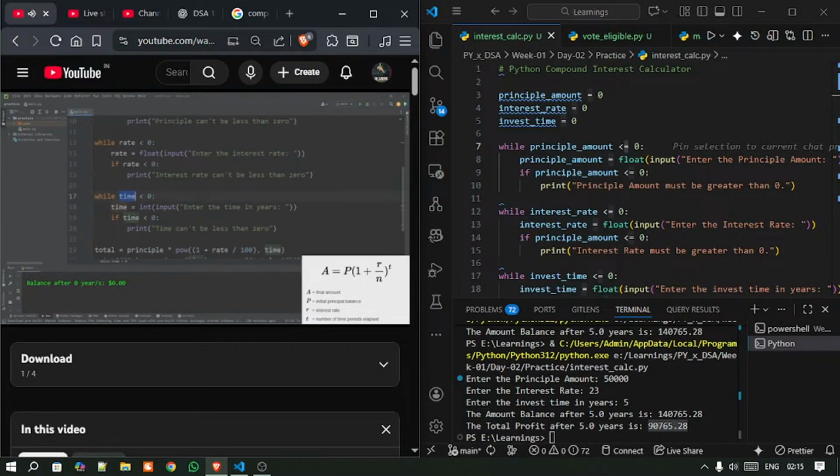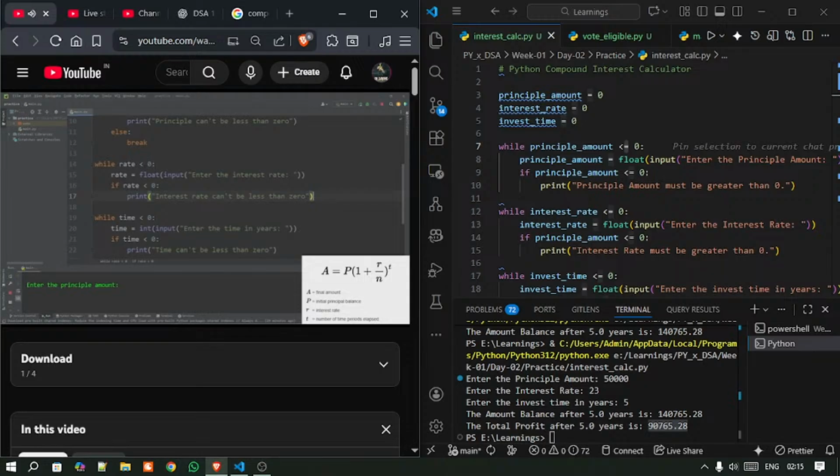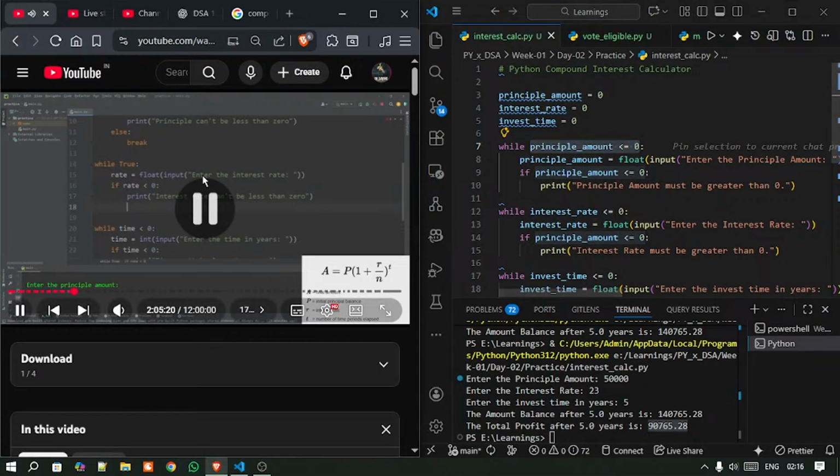We can write a different variation of this while loop where we could say while True, which is a Boolean. That means this while loop will continue forever unless we explicitly break out of the while loop. We're going to add an else clause. Else, we will break. Break will break out of a loop. With our second while loop, change rate is less than 0 to while True. Then we will